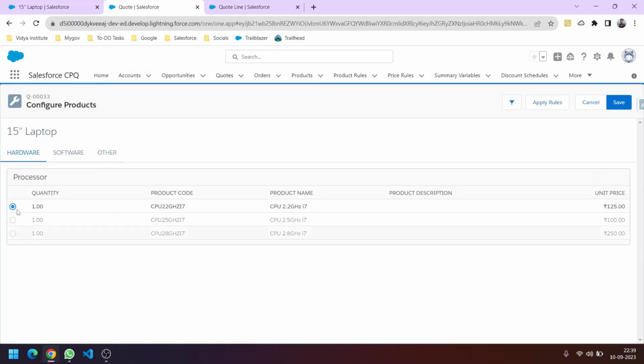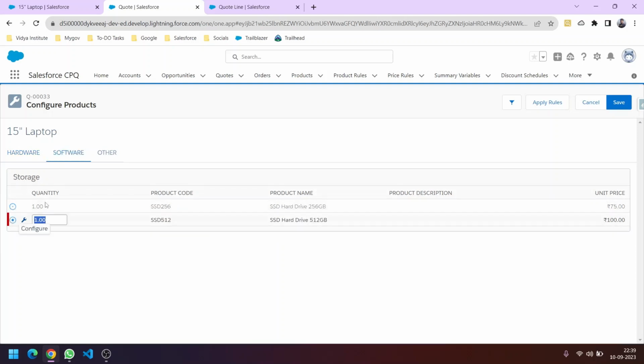You will get this screen and you need to select some options here, and you can make these options mandatory, like the user needs to select at least one or maximum 4 options, or if this option is selected then this option should automatically be selected. We can do such configurations. Okay, so let me just show you by selecting this option, and let's select some options. Clicking on save,